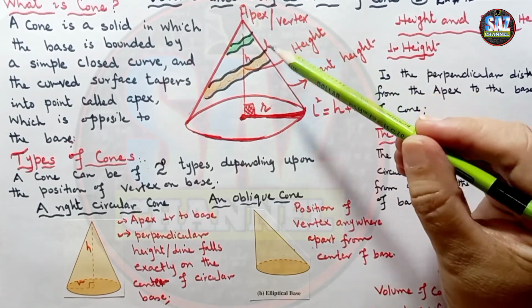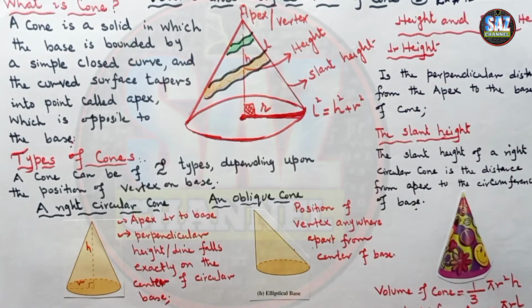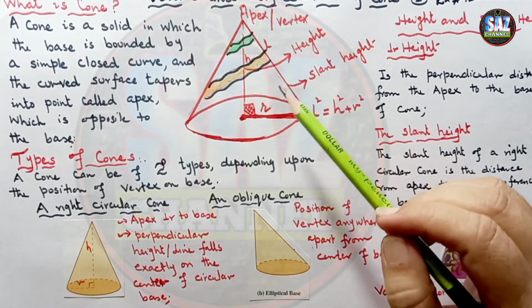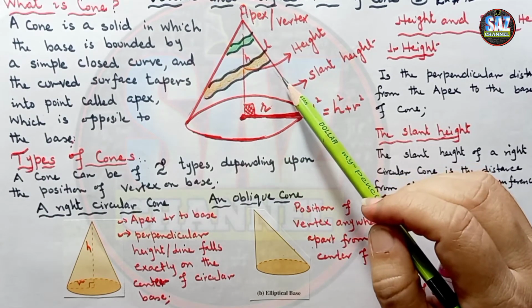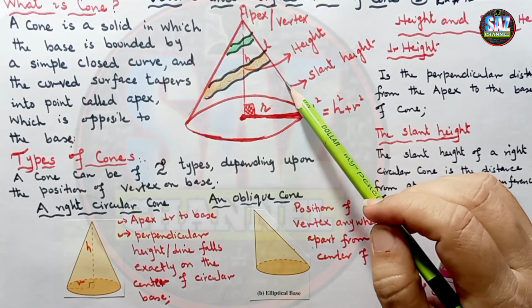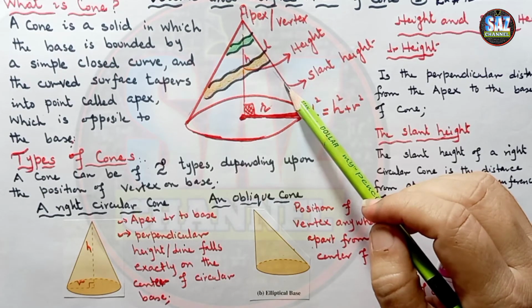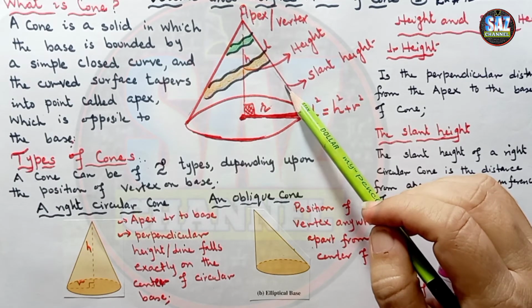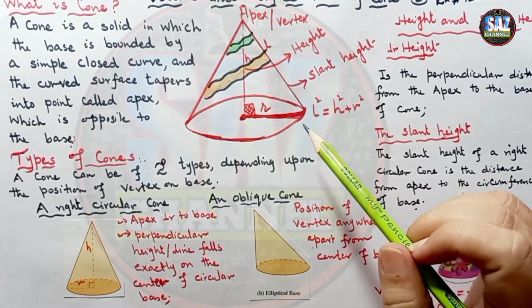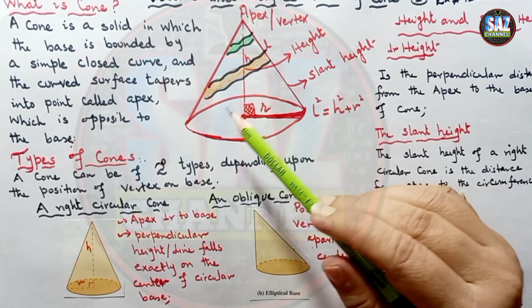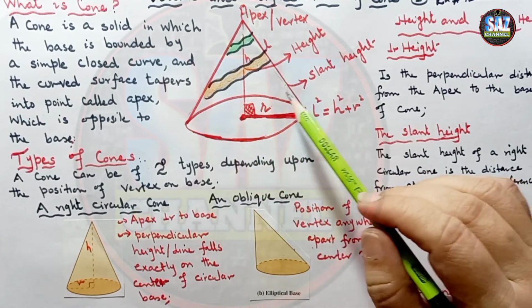Now if we think about the previous solid in the previous lessons, that was pyramid, and there are certain things which are common to pyramid and cone, like height and the slant height are the same in cone and pyramid. But keep one thing clear in the mind, that cone is not a pyramid. The reason is that for the pyramid the base has to be a polygonal shape, but here the base is a circle, it's not a polygon.